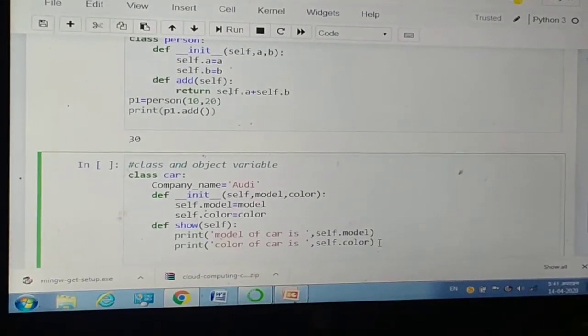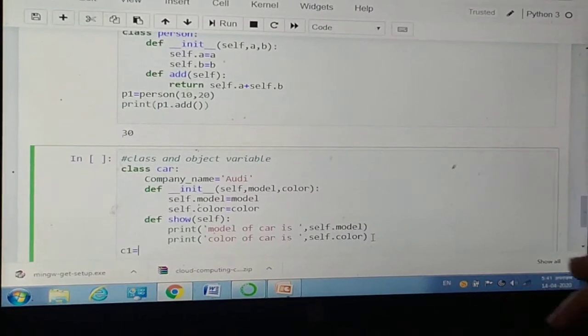So let's make an object of this class, C1 assigned by Car.